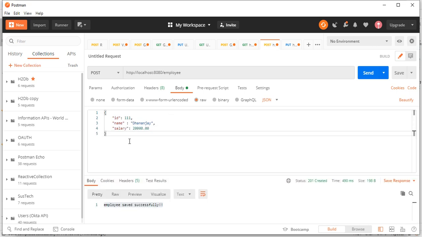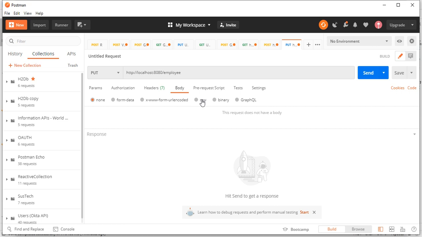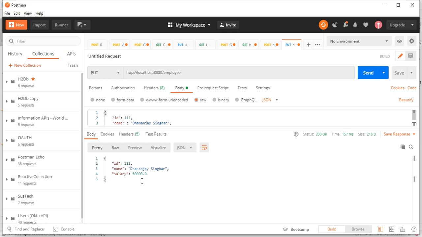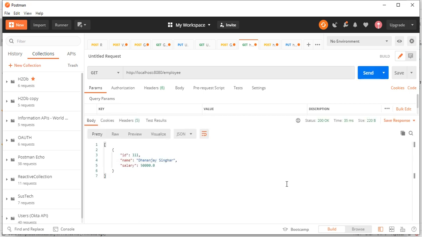Let's copy the body here, raw data, JSON type. Paste here. Let me change the salary to 50,000 and the name to Dhananjay Singhar. Okay, let's update. Yeah, if you see here, the data is updated with Dhananjay Singhar and 50,000. Let's get that information using the REST API. We are getting the changed data.